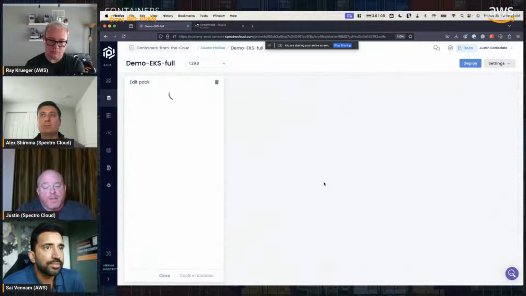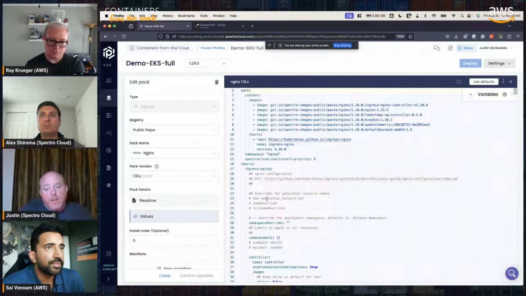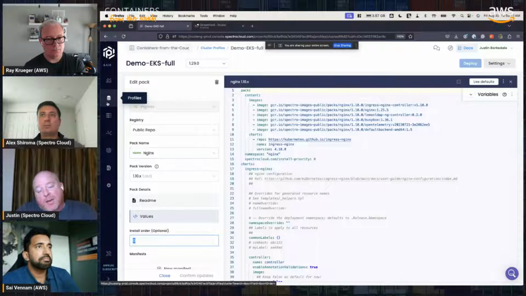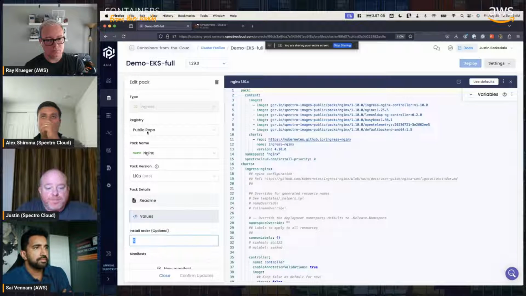So for example, if I said I want Nginx to be installed before anything else because it needs to provide an ingress before something else, I maybe make the install order 0, or we can do negative numbers, which would make it install before everything else, but after the infrastructure.